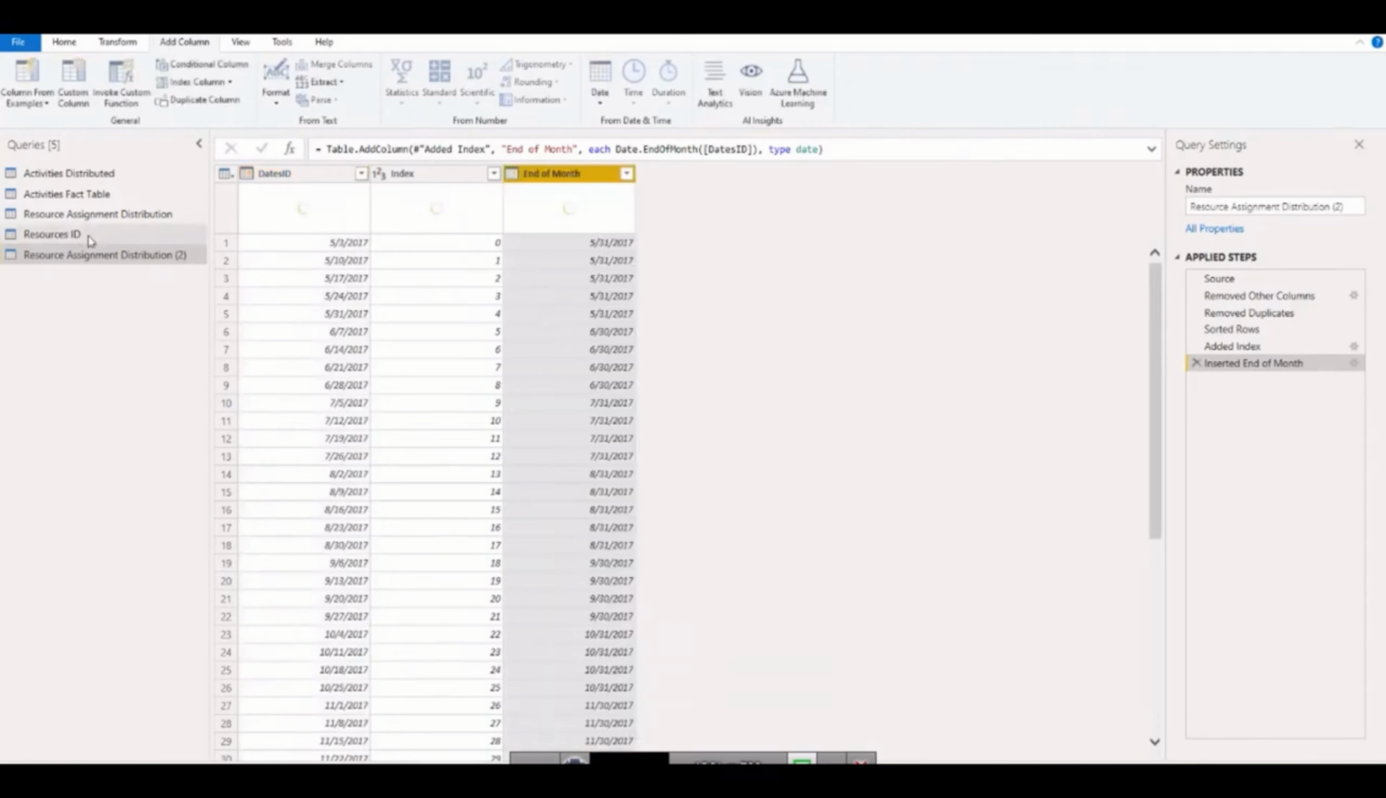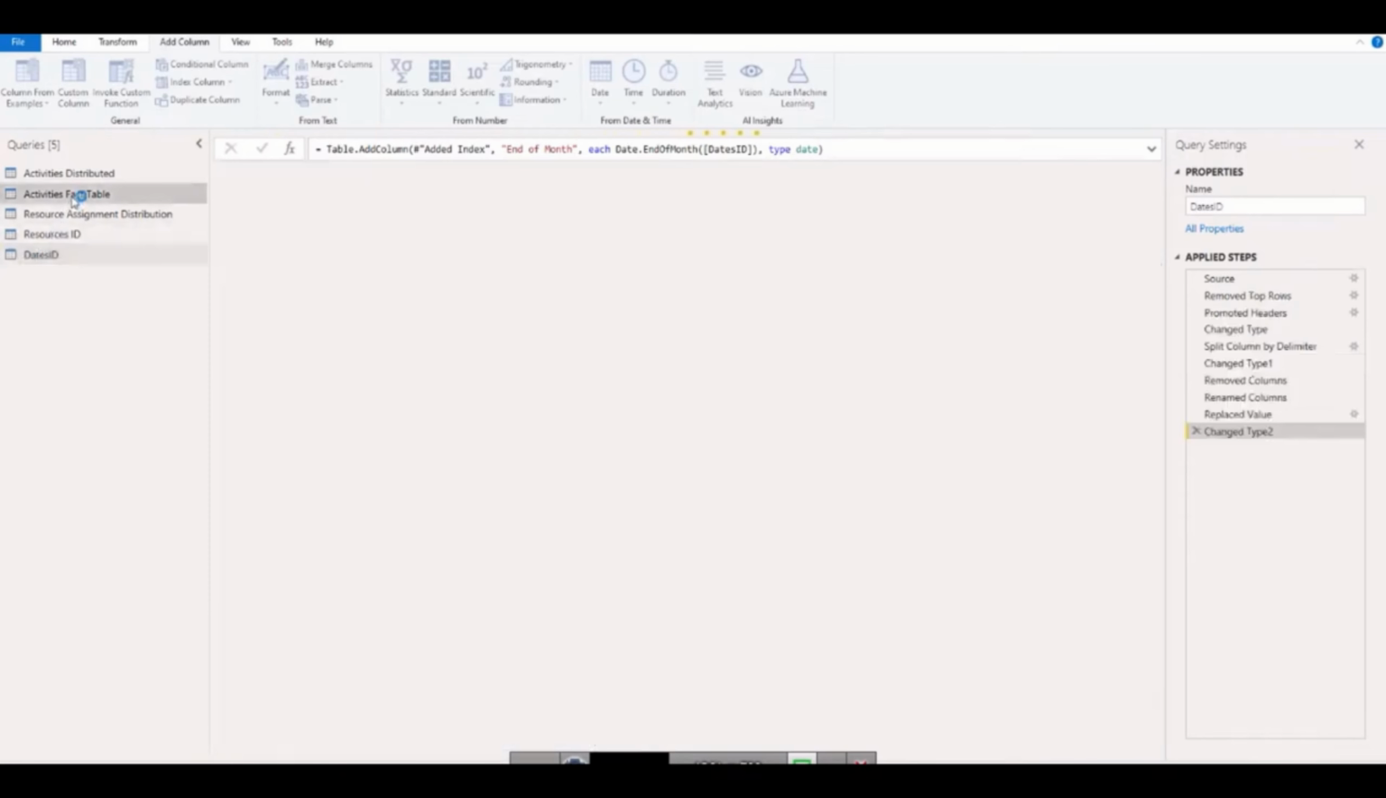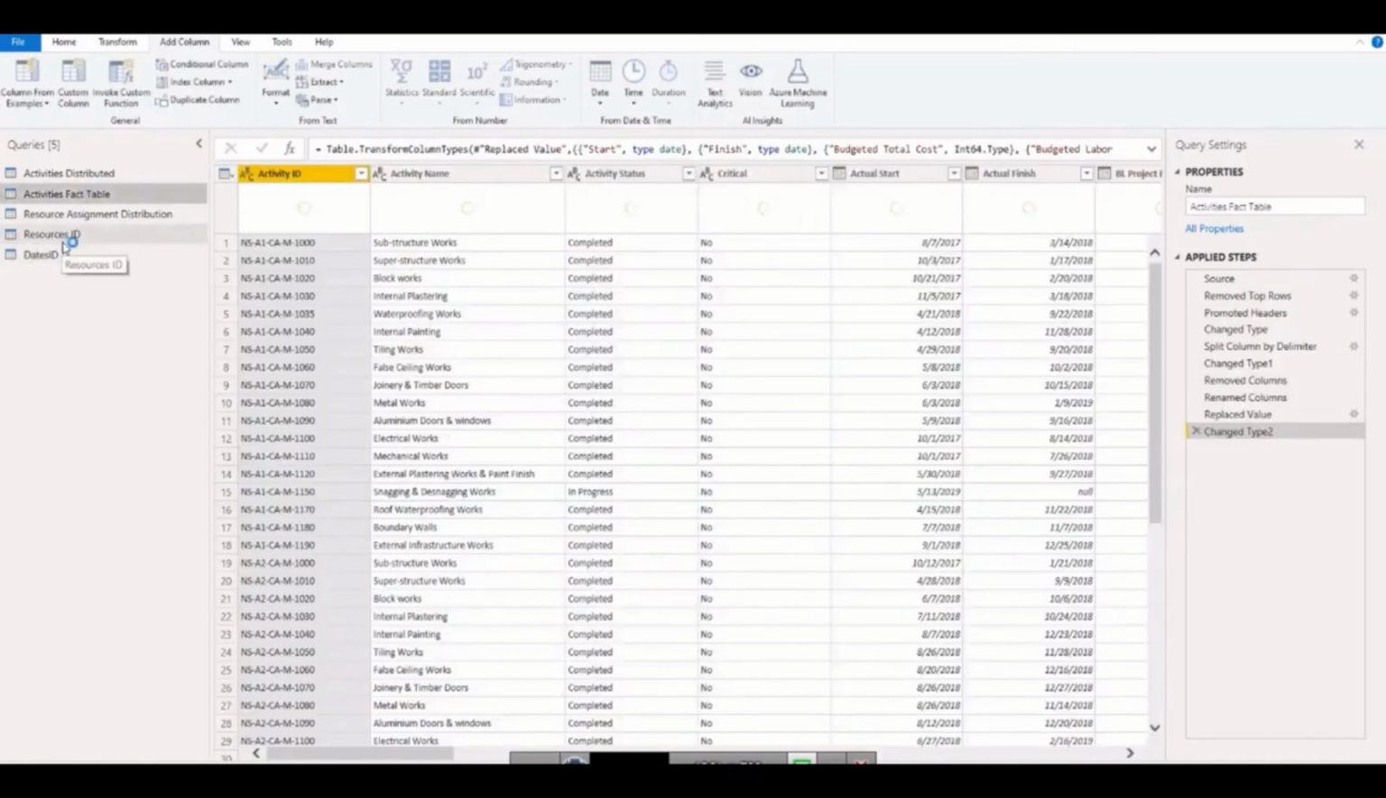So far, what we have done is, now we have 3 fact tables, because this is a fact table. So I am going to name it Dates ID, and we know that this is unique because we removed duplicates. So this Dates ID, Resource ID and Activities fact table, these 3 are our fact tables which have unique